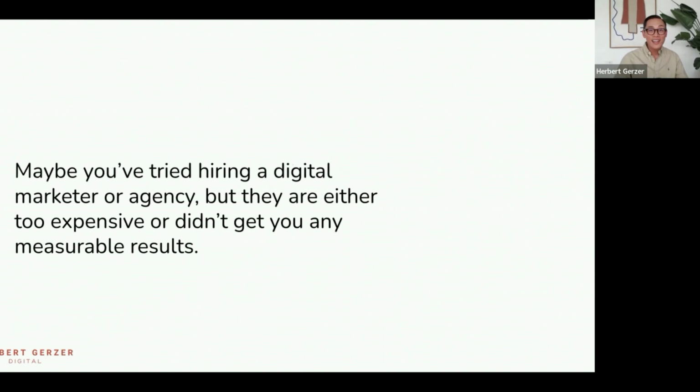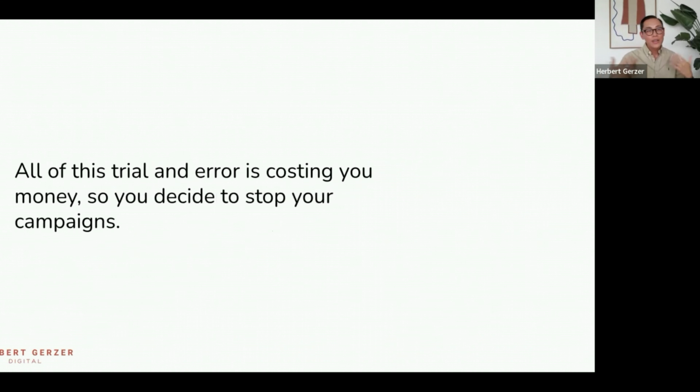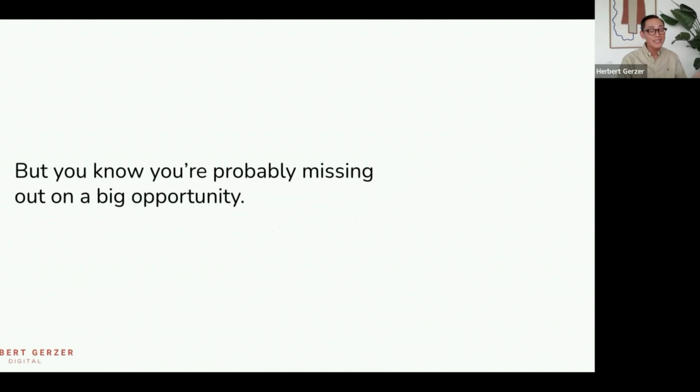Maybe you've tried hiring a digital marketer or an agency, but they are too expensive, or maybe didn't have the industry inside information of how the student enrollment journey works. And of course, all of this trial and error is costing you time and money, so you decide to stop your campaigns. But you know you're probably missing out on a very big opportunity, which is to really leverage platforms like Facebook and Instagram to attract new students for your courses and